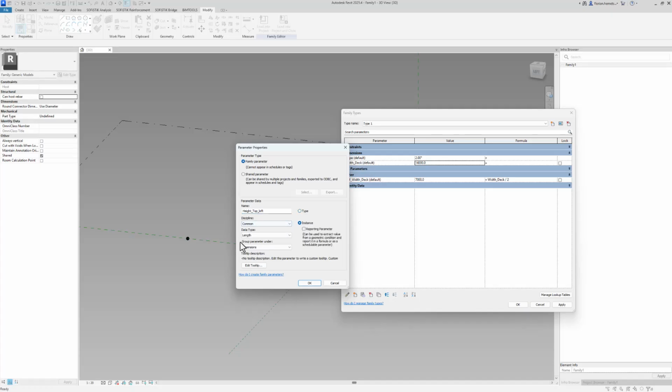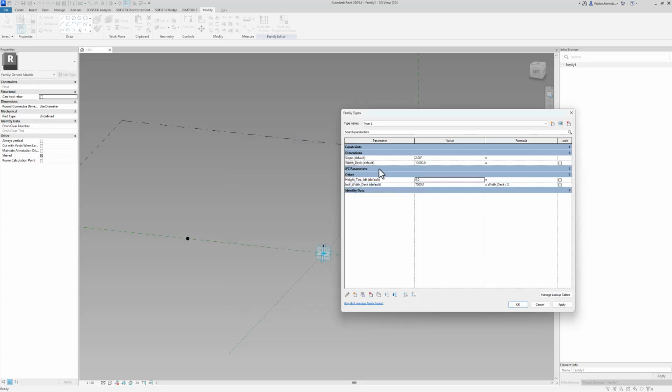It is an instance parameter, a length, and it will be controlled by a formula, so I set it to Other. Here I can now select the half width of the deck. This will be the one value that I want to assign here, as well as multiplying it with the slope.